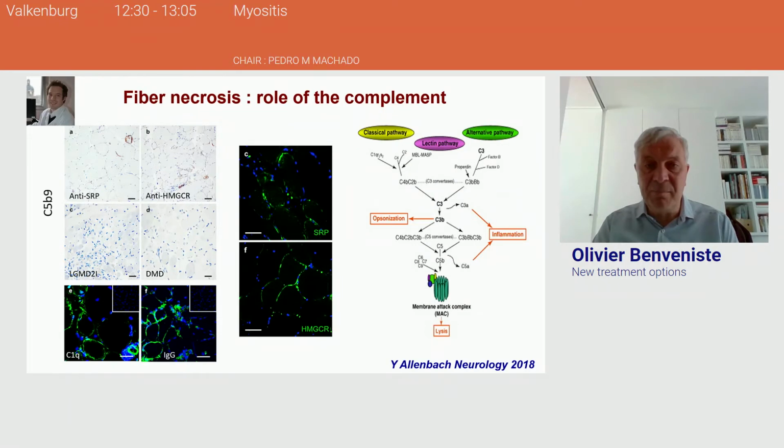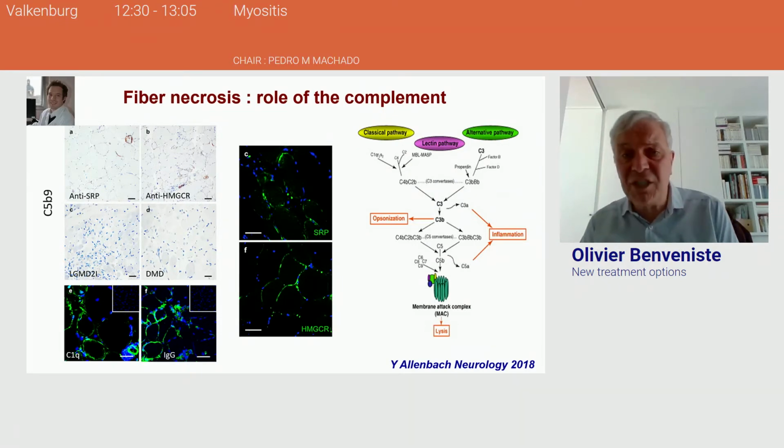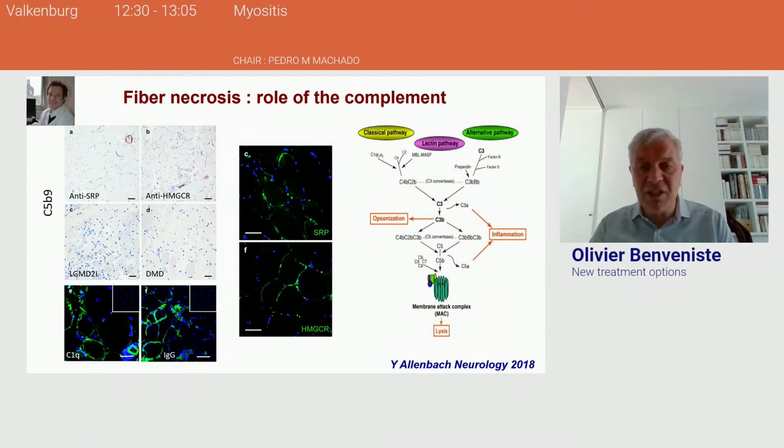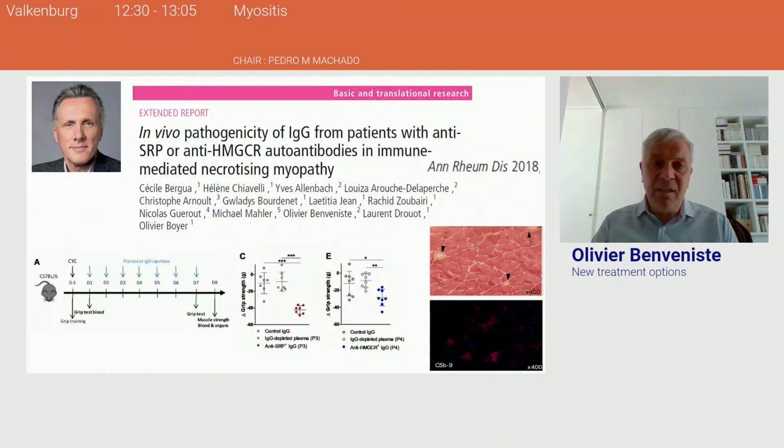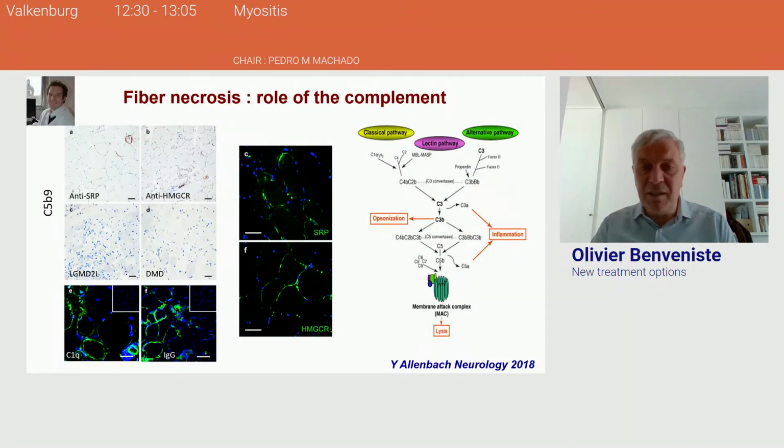And even if we perform some purifications of anti-SRP or anti-HMG-CR coming from patients, we can observe some fibers decorated by these patients' autoantibodies on the biopsies. So we have the feeling that,